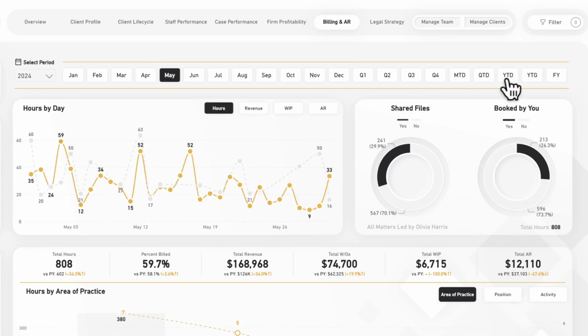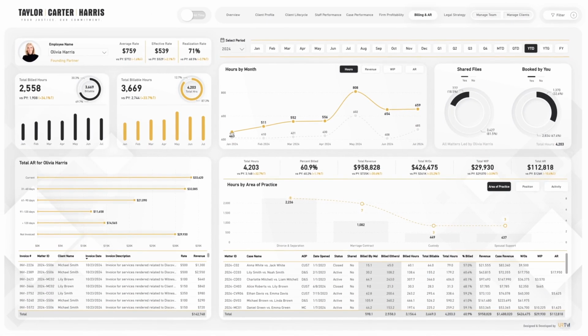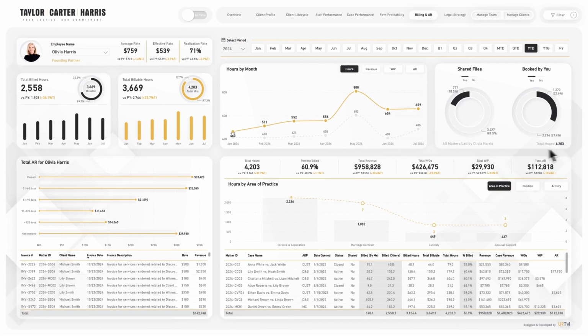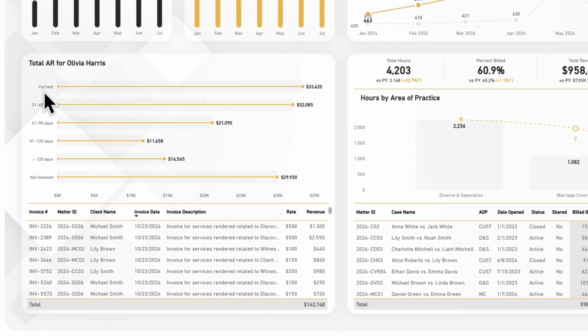Next, using the same metric buttons, we have two pie charts. The first chart shows cases where Olivia is the sole lead versus shared lead cases. The second chart highlights Olivia's contributions compared to her team's, providing a clear view of her individual impact within the team's overall performance. In the lower left, the AR section provides an aging breakdown by category, such as current, 31